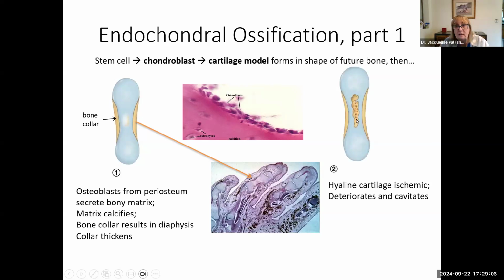And when those cells die, we end up with a cavity here in the middle of the cartilage. Not a good thing. You can see that cavity right here. You see there's a space? Nothing there. Here you can see it's pale. It's not nice and healthy like the cartilage on the ends. Here it's pale.